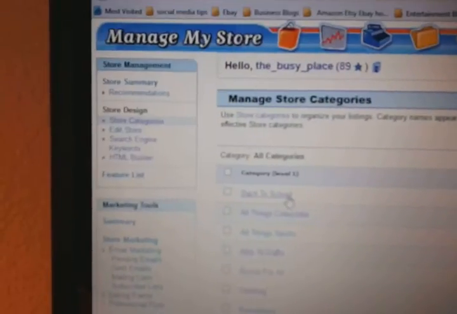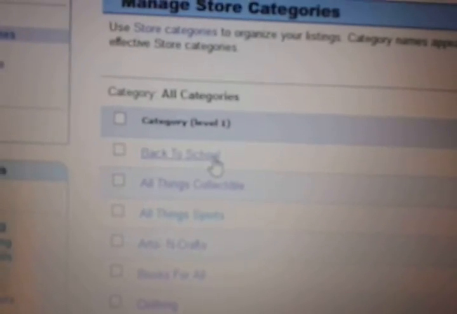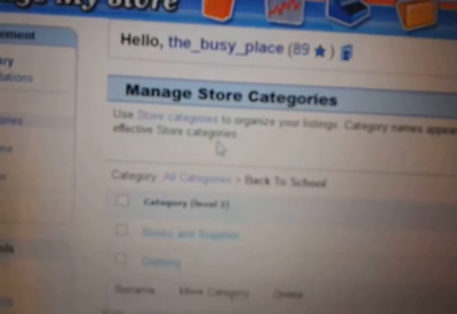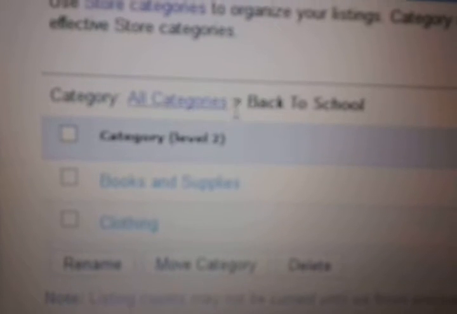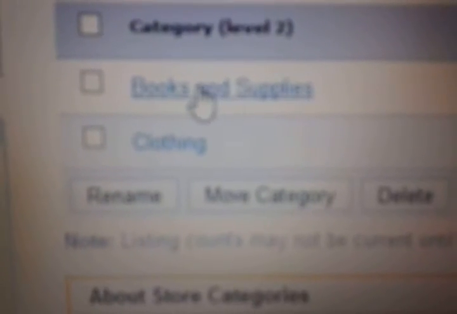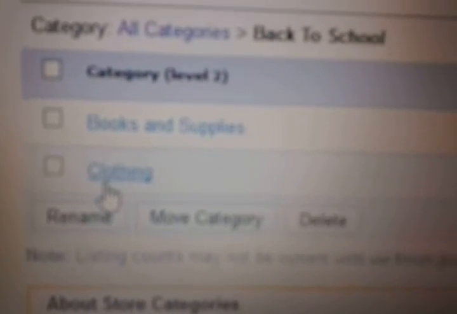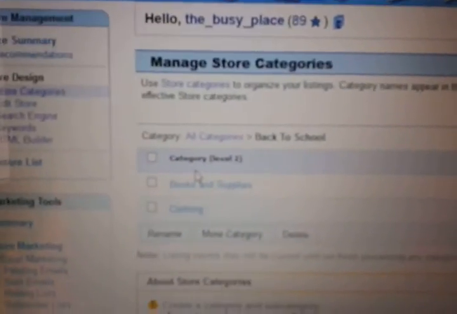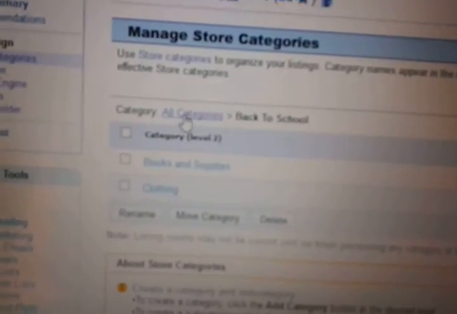So I'll just first show you what I mean by that, just in case anybody's confused. This is my back to school category, and in that I have books and supplies and then clothing. And it breaks up my 39 items into 21 in textbooks and book supplies and 18 for back to school clothing. So anyway, let me go back to all categories,